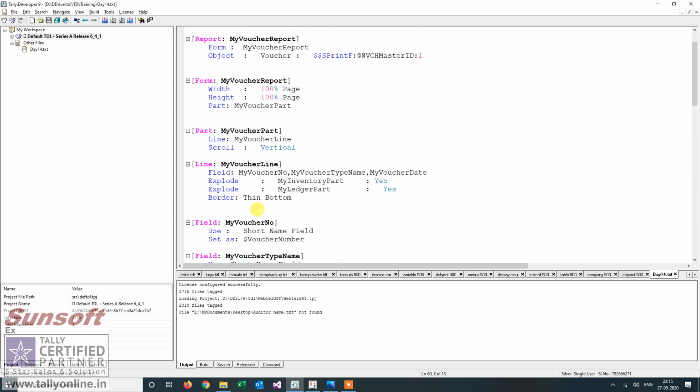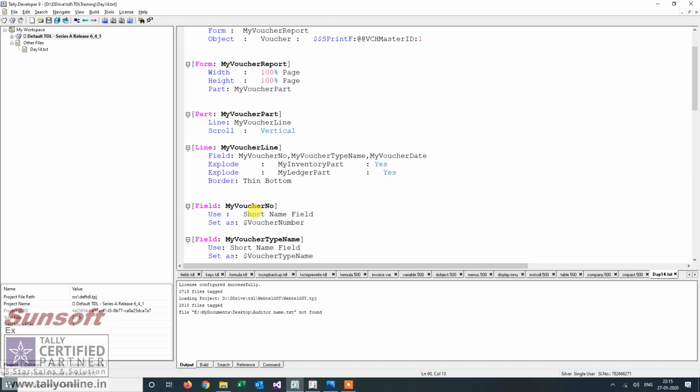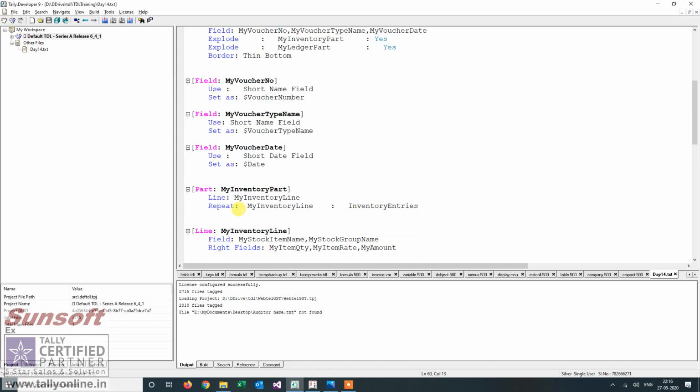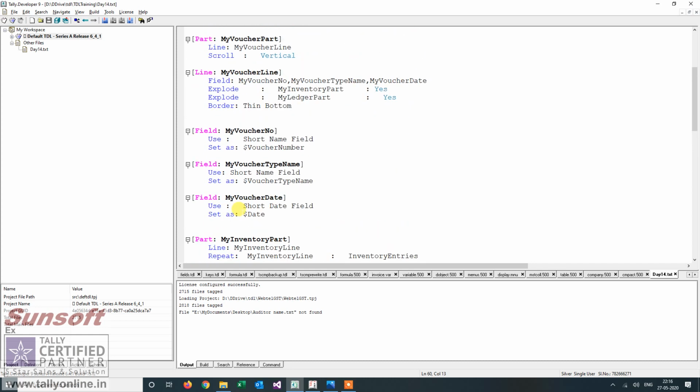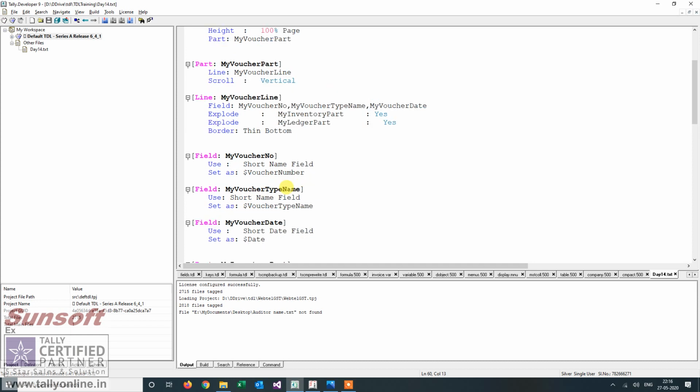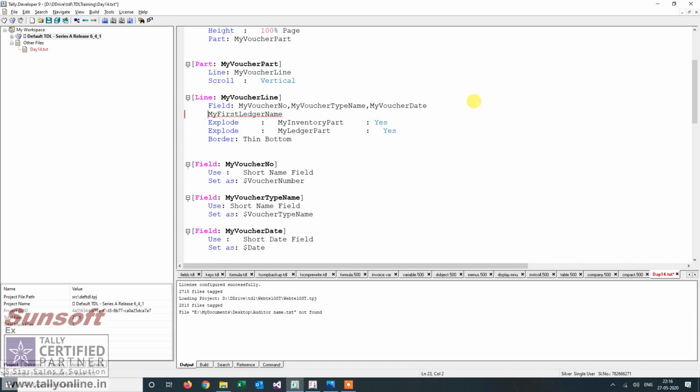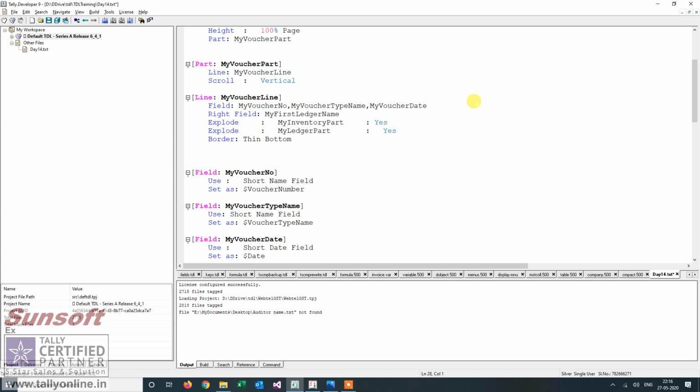Now let us say in the first line where I am at the voucher collection, that means in my voucher line, I want to print the name of the first ledger. So I have my first ledger name as a field, and let me put it as the right field so that I'm clear what I'm getting. Let us see how I get it.